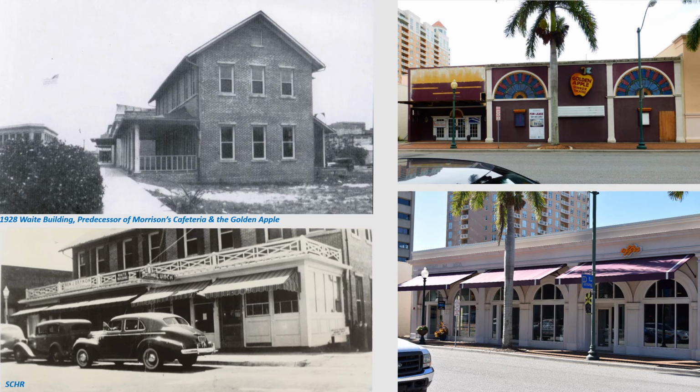This lot is close to the old Robert Greer's house, which housed the Sarasota Post Office in the early 1890s. In 1911 through 1912, Palmer Florida Company built a 2-story brick building for their new office on Pineapple Avenue. The Palmer Florida Company and the Sarasota Venice Company moved into the building in June 1912. In 1925, City Realty, Stevenson and Cameron Construction Company, and the Waite Development and Nursery Company occupied the building. By 1928, it was known as the Waite Building, home of Dryman Real Estate